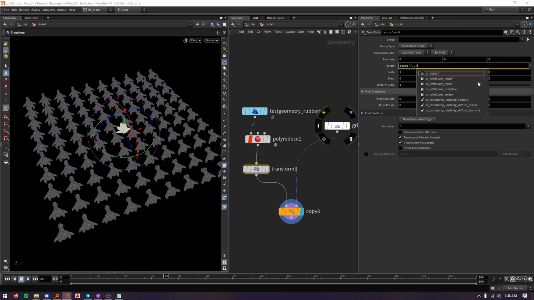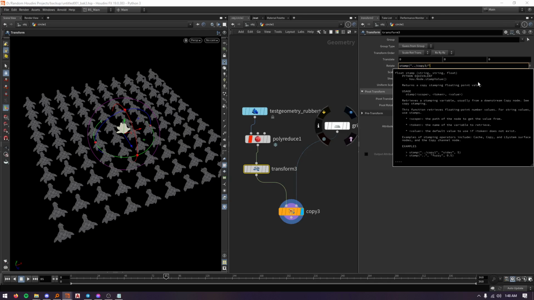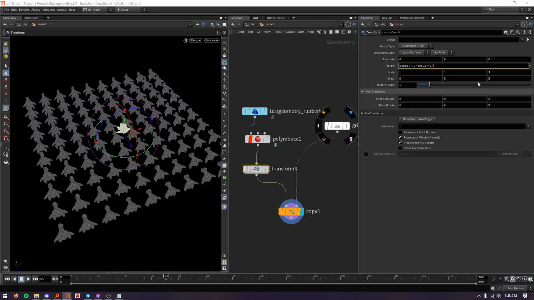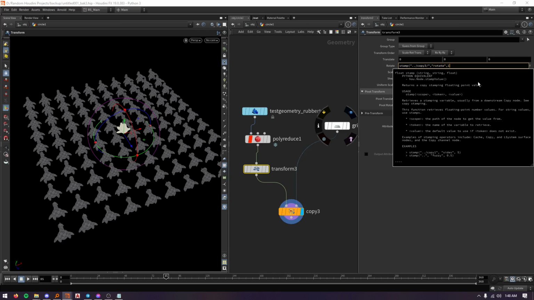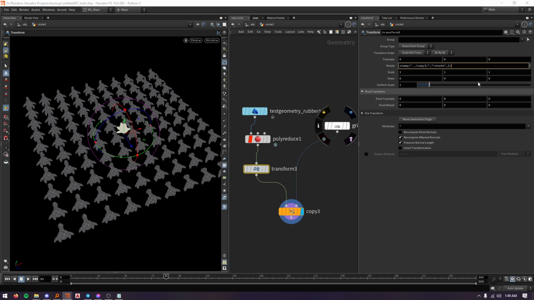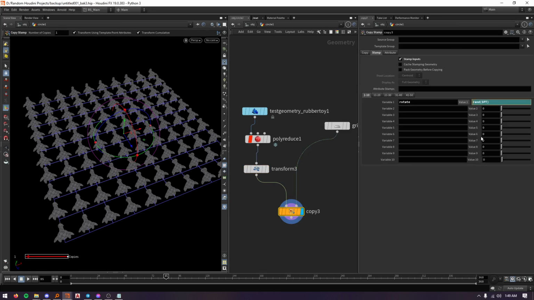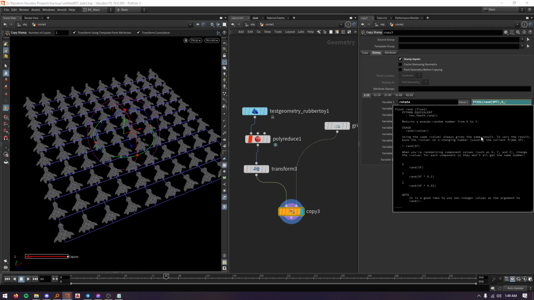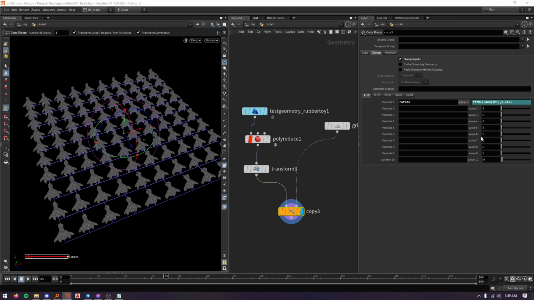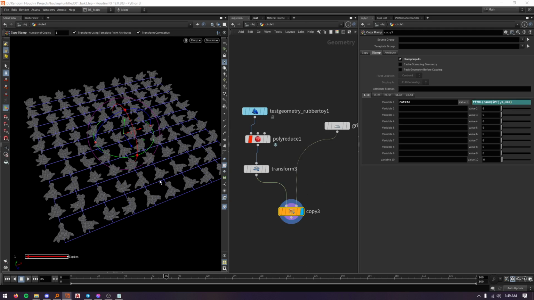dot slash to go out of the node, you start typing copy, you find yours, enter, close the quotation mark, then open it again and type whatever the stamp name was, and then a default value, and then enter. But I wanna fit 0 1 to 0 360, for example. So now my rubber toys are all